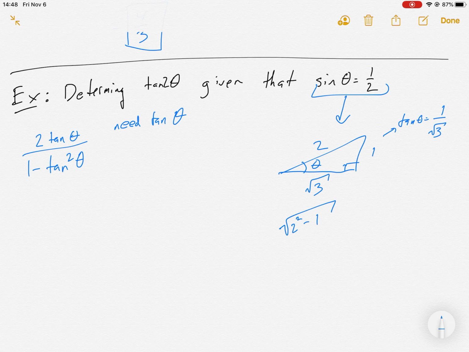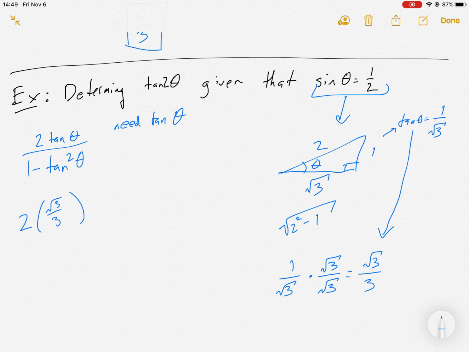Now, in order to make this just a little bit easier, we're going to rationalize the denominator. This is what we did in a previous video. If we multiply the top and the bottom by the square root of 3, we end up with the square root of 3 over 3. And so this is actually what I'm going to use for tangent of theta. Okay, so here we go. 2 times tangent of theta, square root of 3 over 3, over 1 minus tangent of theta,